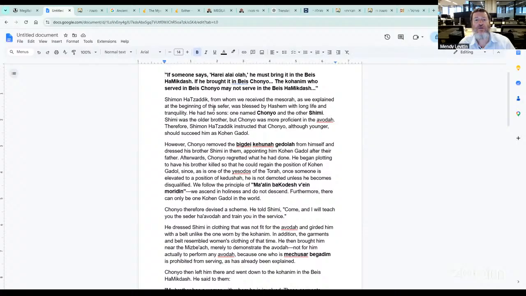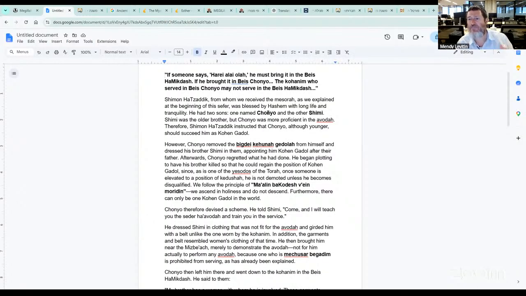Shimon HaTzadik, from whom we received the Masorah. What do we know about Shimon HaTzadik? Shimon HaTzadik is in the first Mishnahs of Pirkei Avos, when we learn about the tradition of Torah. Shimon HaTzadik is in the times of the second temple. He's from the last of the members of the Great Assembly. So it means he's from the groups of Ezra, Mordechai, the people that kept the Jewish people, kept the faith, so to say, from the first temple to the second temple, primarily in the time of the second temple. They're in the time in the beginning of the second temple.